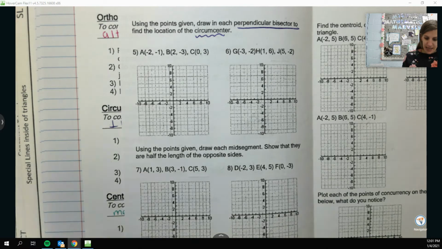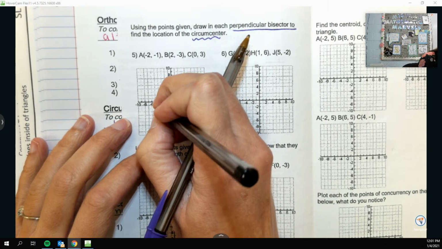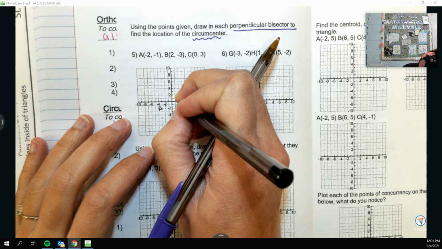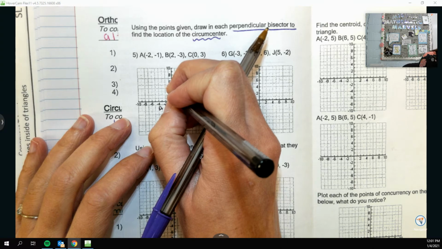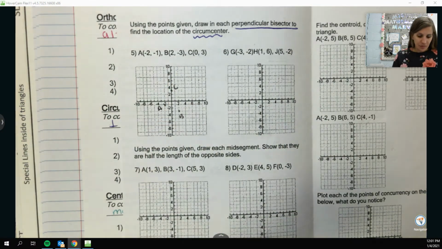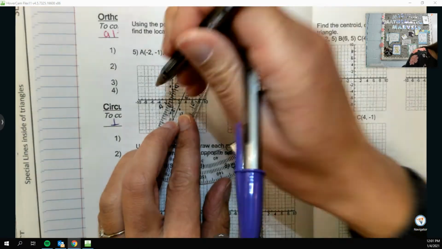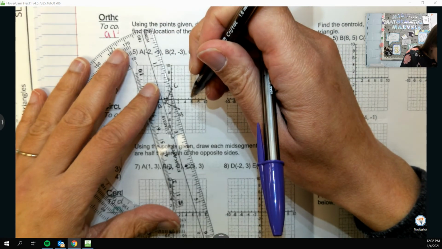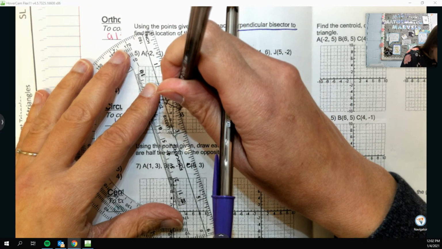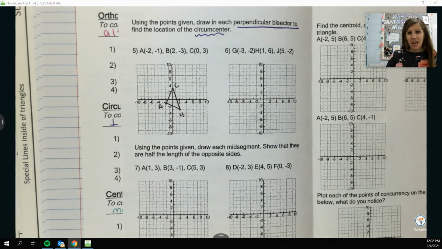So if we try this one out here, let's draw our triangle A, which is at -2, -1, B, C. Alrighty, and so kind of like with the